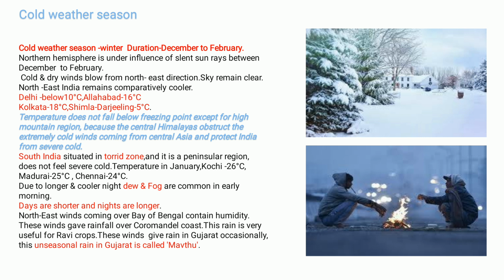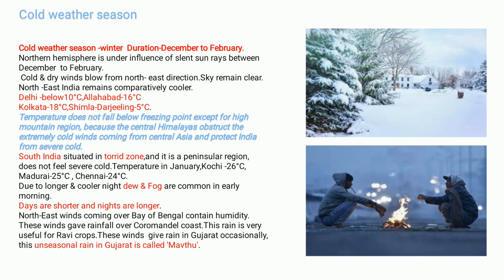These 3 months are considered as winter season because the sun shines vertically over the southern hemisphere between 22nd September to 21st March, and India is situated in the northern hemisphere, so it is under the influence of slant sun rays between December to February, so low temperature prevails over this region, as we have learned in the previous session how revolution and rotation of earth causes the season,